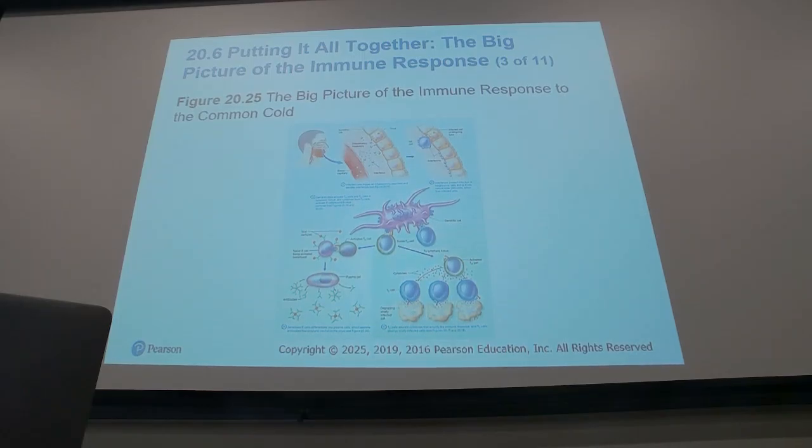So, putting it all together, someone gets in contact with the common cold virus. The person will have mucosas being penetrated, part of this innate immunity, because we are born with mucosa. The virus lands in the mucosa, somehow enters into our body, and then we start developing the signs and symptoms